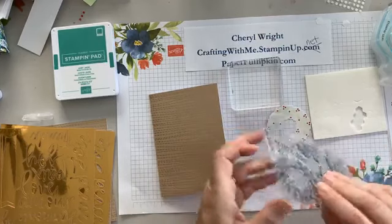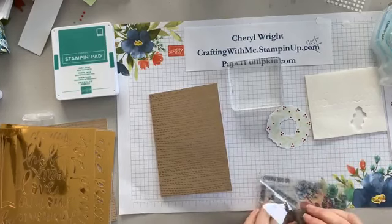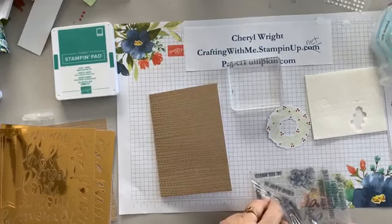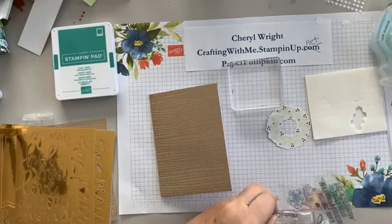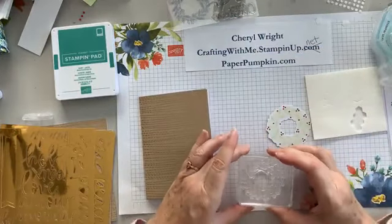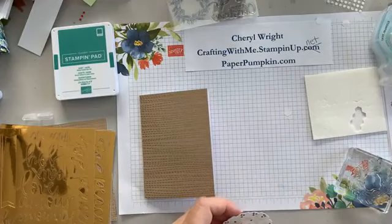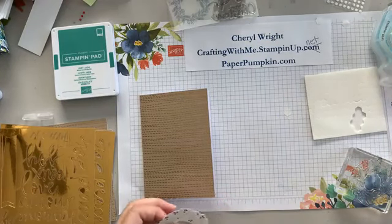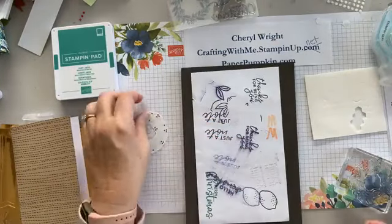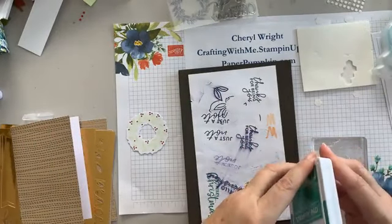Okay, what are we going to go for? We're going to use, oh, that's right, we're going to use the wreath, and make it brighter than what's already on there. So, pick it up on the stamp and grab this. I'm going to set that aside and ink this up. And like I said, you can take the ink to,